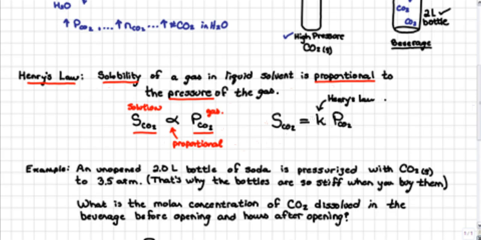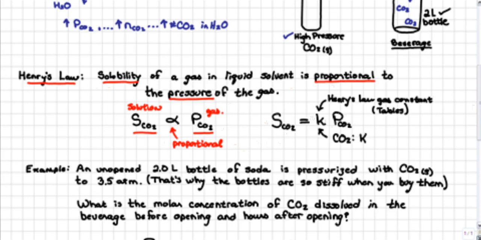The Henry's law gas constant. The Henry's law gas constant is a constant that does depend upon the identification of the solvent and the identification of the solute, and it's something that we would look for in tables. These are extensive tables for all different combinations of solutes and solvents, and your book has many examples of this. Now, for the record, the Henry's law gas constant for carbon dioxide, which we'll use